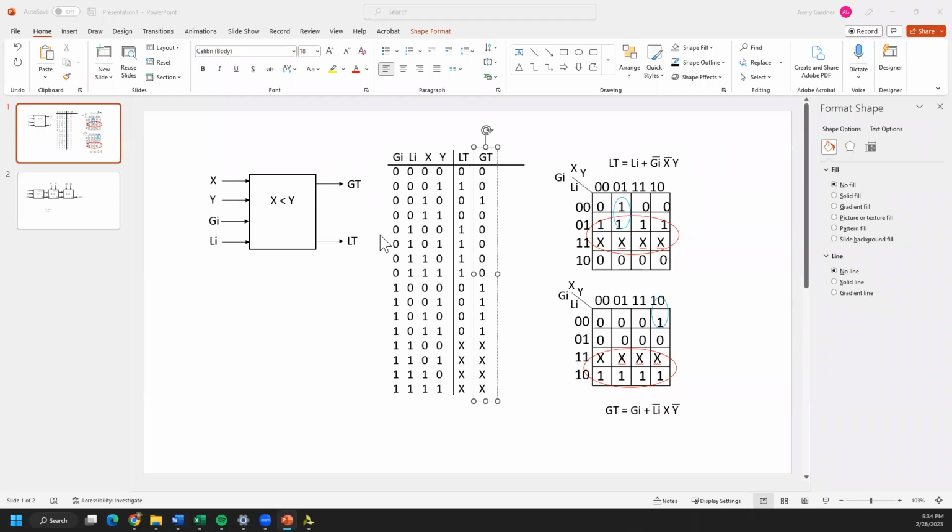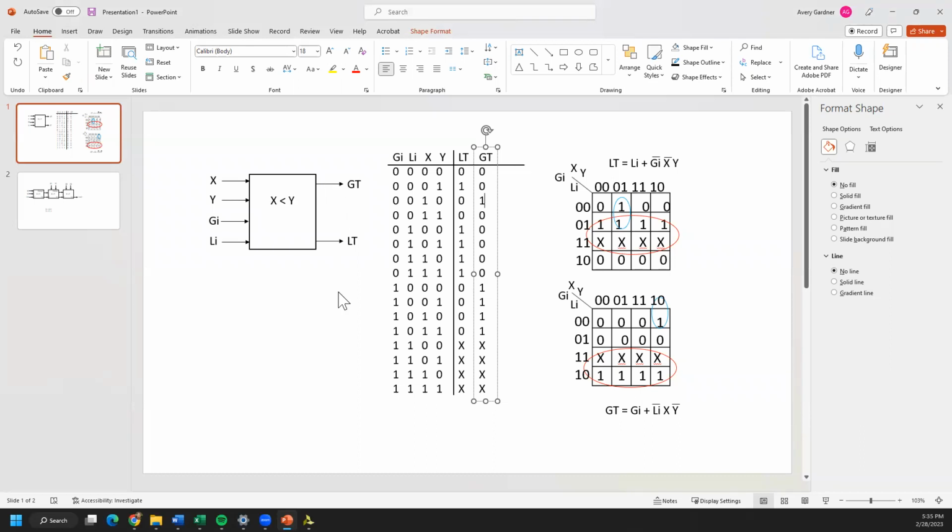This is the second video in the series, technically the third if you include a previous video where I taught you how to install Vivado version 2022.2 while making sure that it retains a small file size. The previous video to this one was an introduction to comparators, which is where we want a 1-bit comparator shown here on this page that is going to compare 1-bit X, a 1-bit Y,